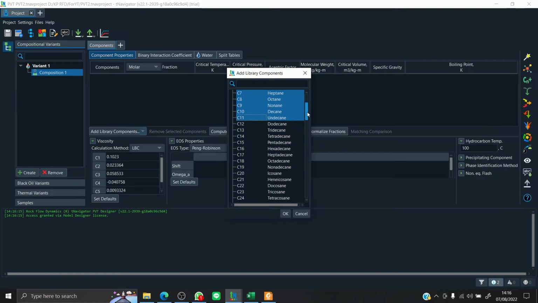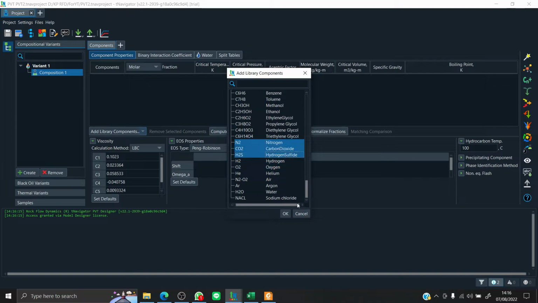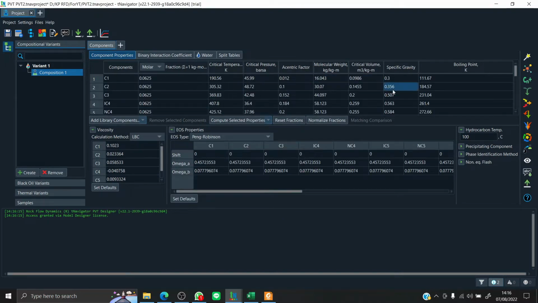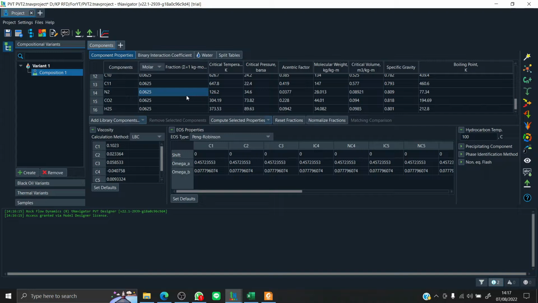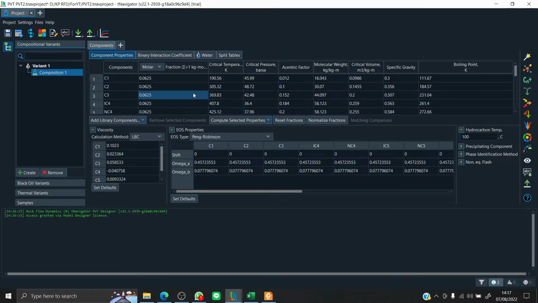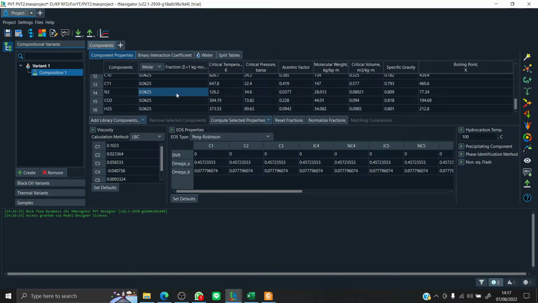We hold the control button to select the impurities: nitrogen, carbon dioxide, and hydrogen sulfide. Okay, all the pure original components are already in our library.